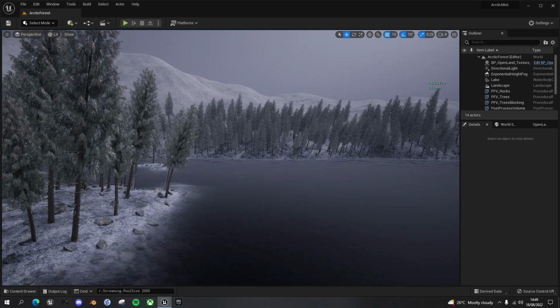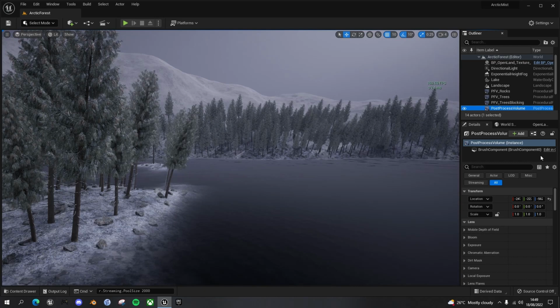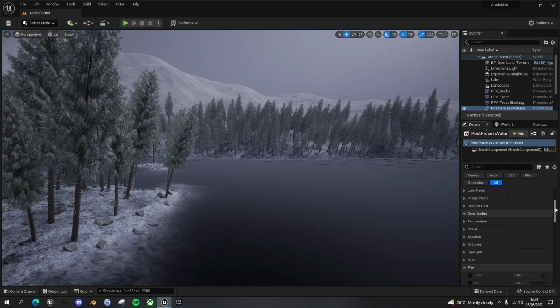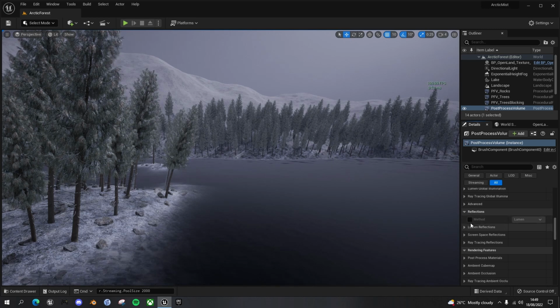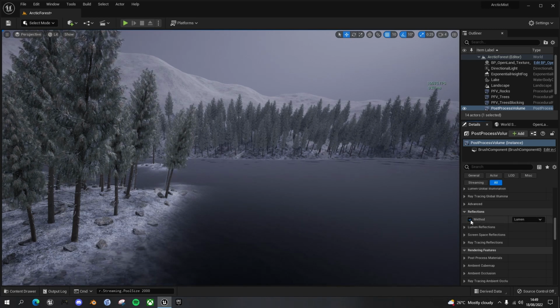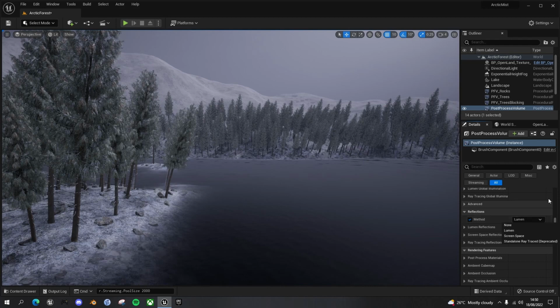So let's go into the post-process volume, go down to about halfway until you find this section, Reflections, and if I click on the method you'll see that there are 4 methods. Well, the first one is none, so nothing. The second one is Lumen, which, as I said, doesn't support reflections in the single layer water, so that's what it's set to at the moment. It's not doing anything. The next one is called screen space reflection, so let's select that,